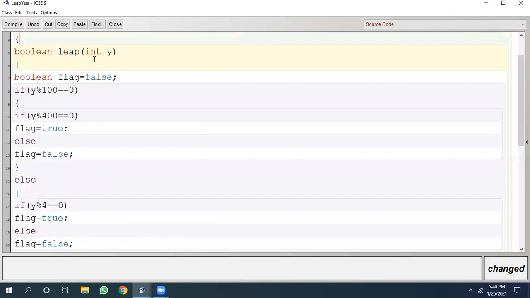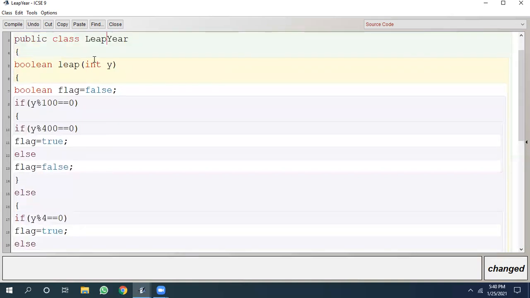Now let us study the leap function. Boolean leap(int y). Leap is a function which accepts an integer value and returns a Boolean value. In it, we have taken a variable flag which has been initialized to false. This is also a Boolean variable. We could have taken any variable, but flag is a very common term.